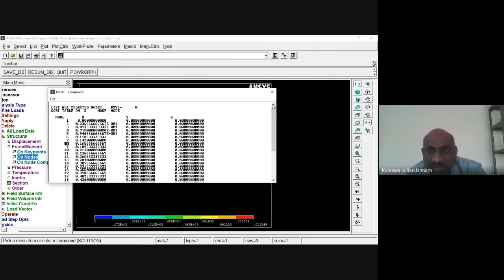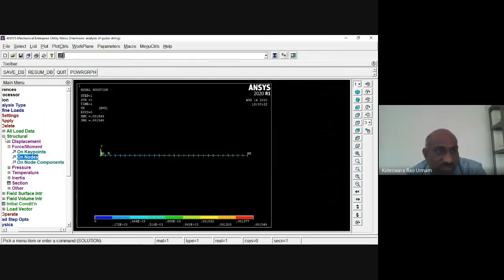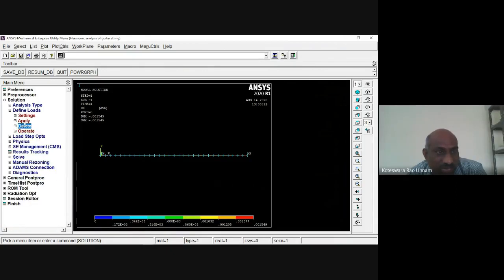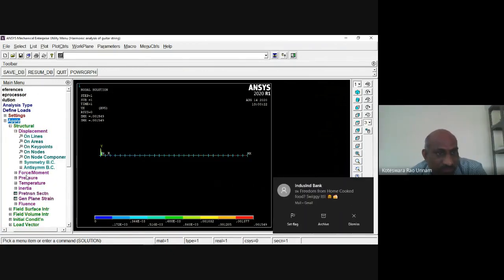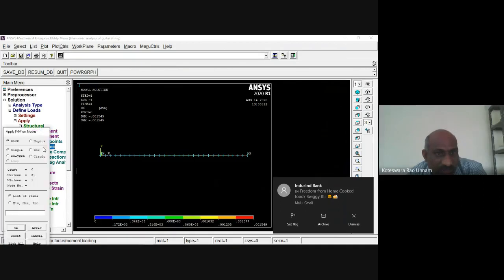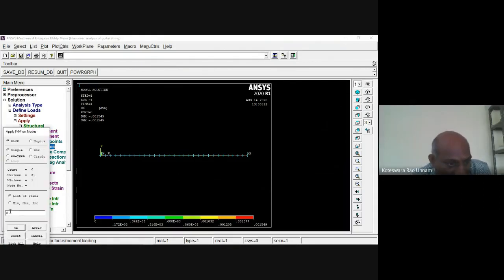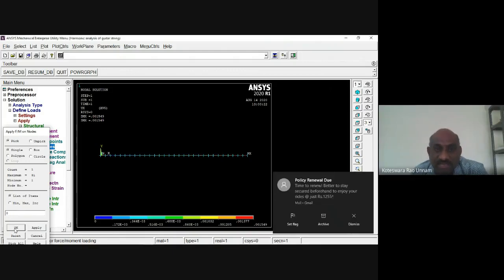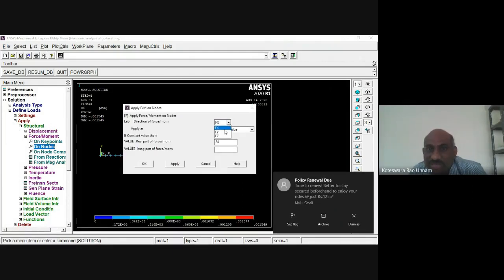So now I know where I can apply the force. Using this information, I'll go for apply force on nodes. No need to pick directly, because I know the number. I'll enter that number here, 8, then click OK. Now in which direction is the force?